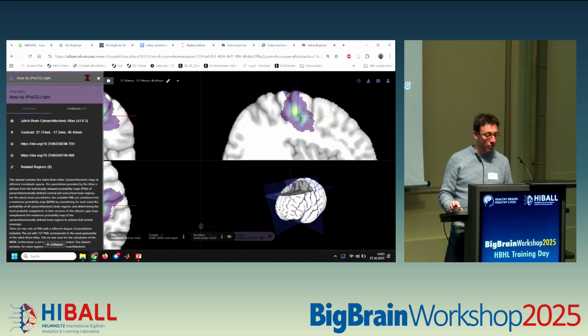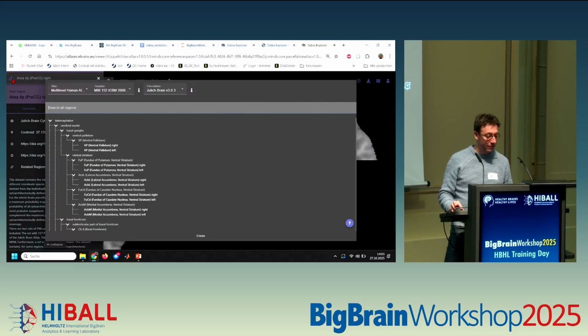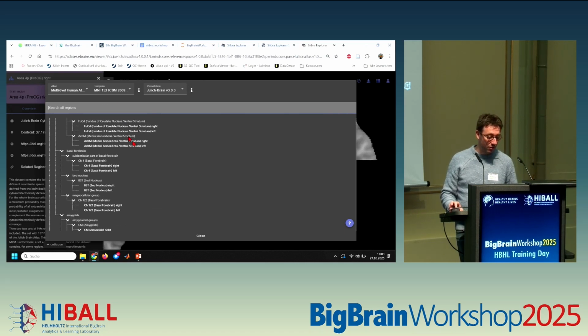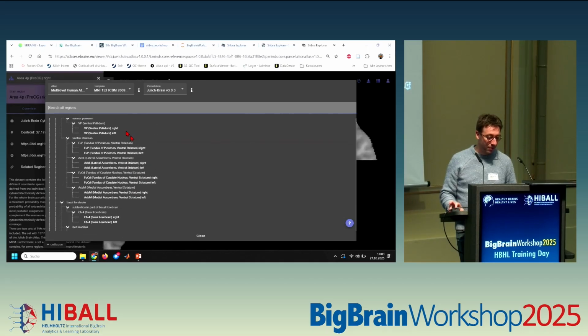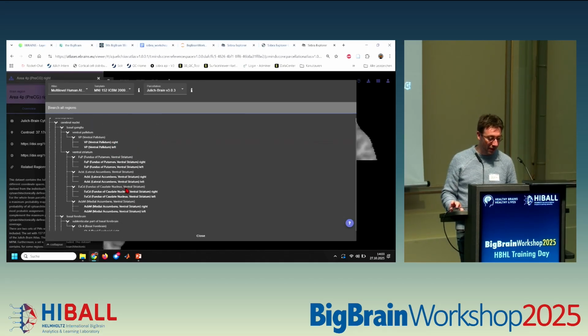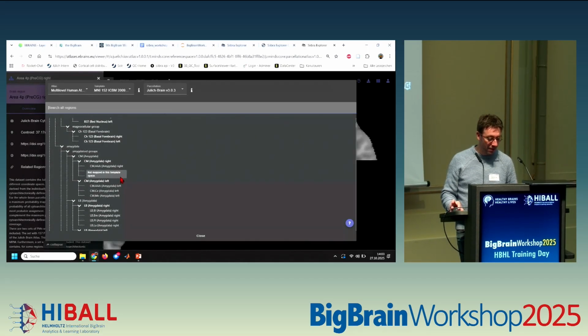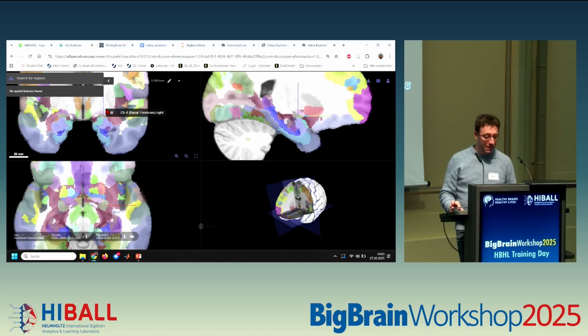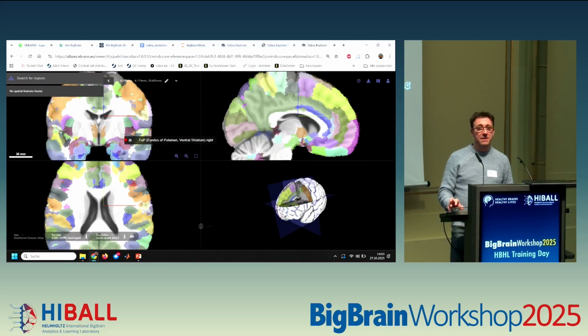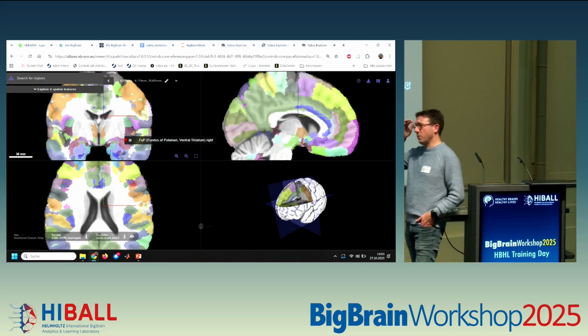Yes, and you can, of course, also, by clicking here on the very left, see the full region tree of the currently selected parcellation and browse through the hierarchy to end up doing the same, selecting a brain region. So when you click on one here, this is selected and you move to the position. This is selecting a brain area, and this gives you two forms of